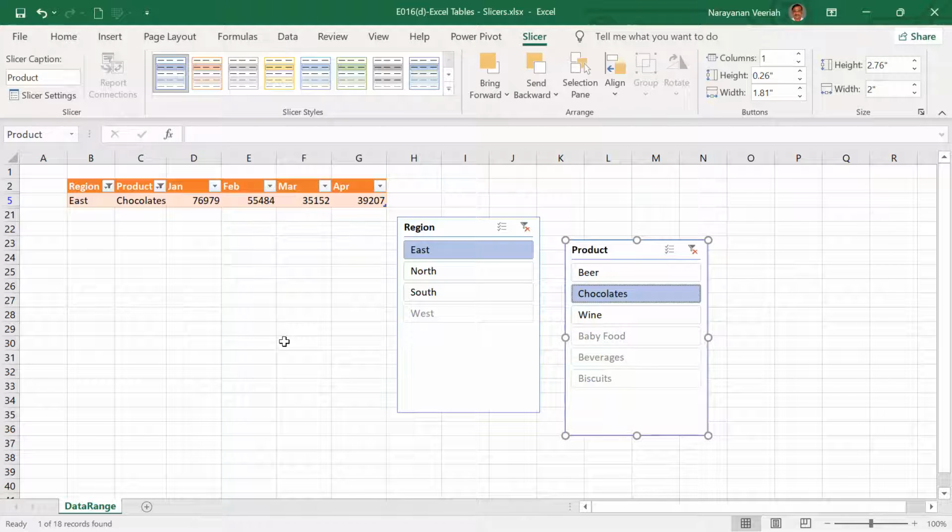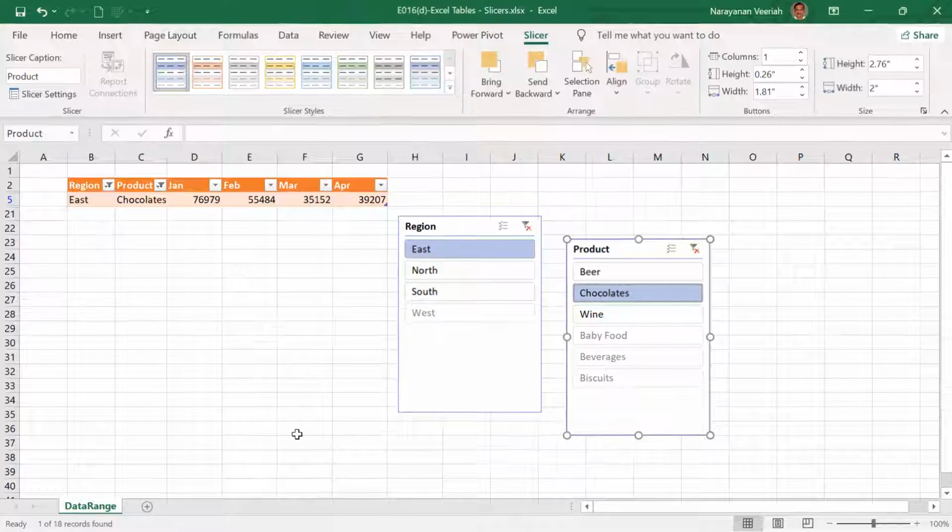As you would have noticed, the slicer helps you to filter the data visually, unlike the conventional filter in which you will not know what criteria you had selected for filtering once the filter is applied. Here, along with the filtered data, you can also see the slicer buttons, that is the filtering criteria that you have applied. And this makes it visually easier to comprehend, besides enabling changing the filtering criteria very easily.